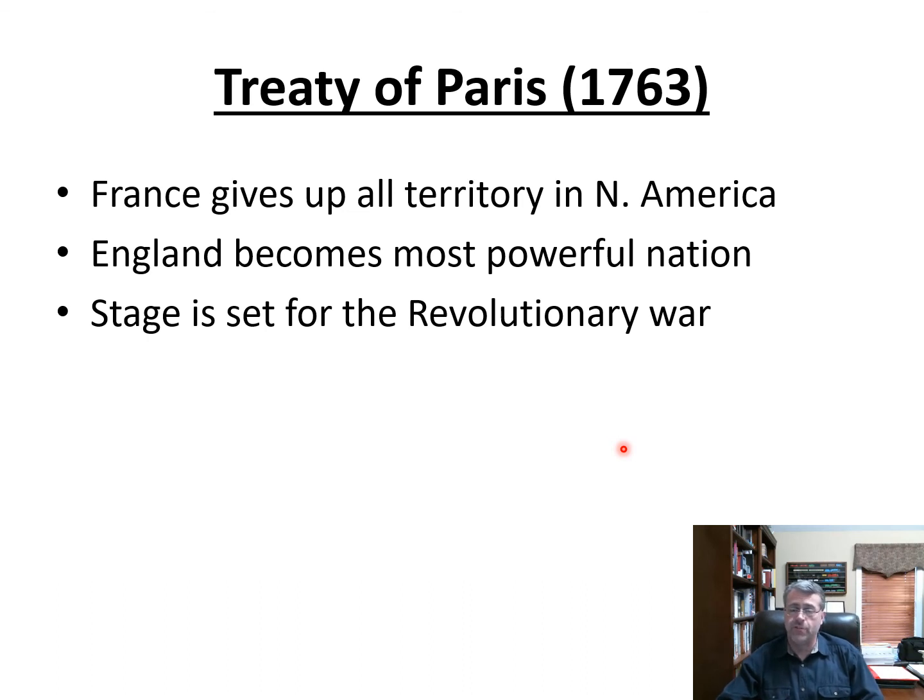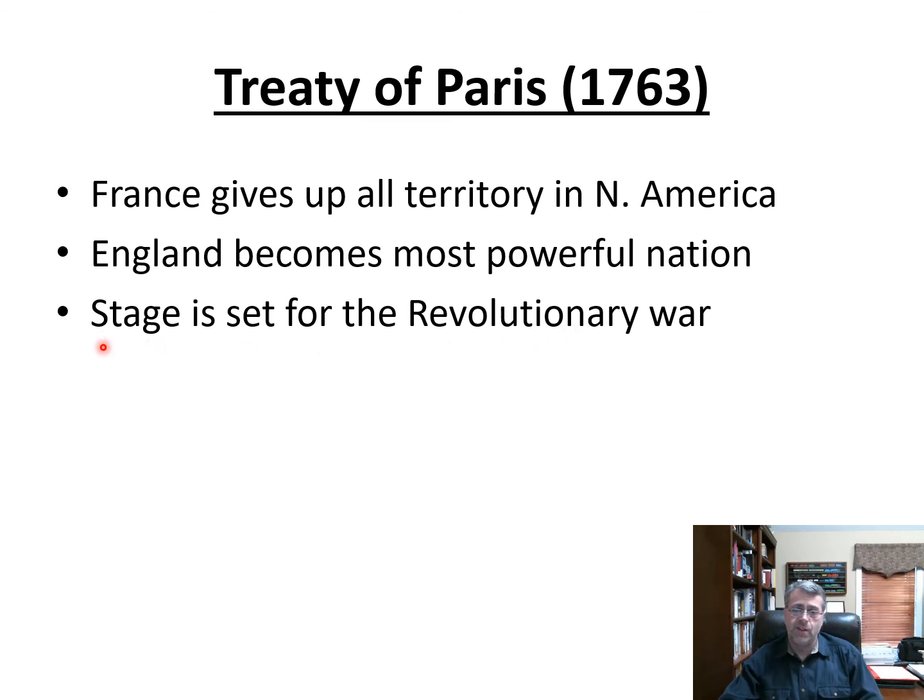Pitt emptied out the treasury to pay for the war, and a lot of money was borrowed to help pay for the war. So England has a massive amount of war debt at this point. Plus, they've got the burden of maintaining this empire. England is going to be faced with a situation where they have no choice now but to start really strictly enforcing their trade laws in order to gain as much profit as they can from their empires. In addition to that, they're going to start taxing the colonies. And this is what's going to set the stage for the American Revolution.